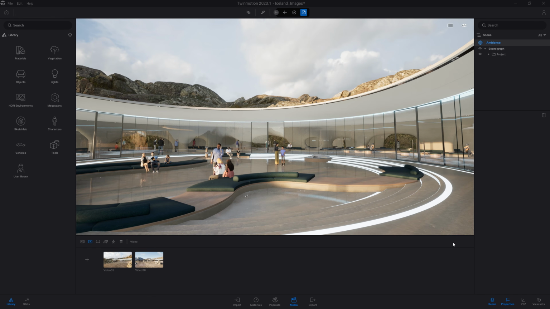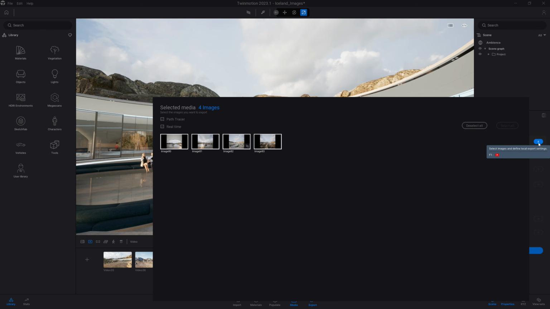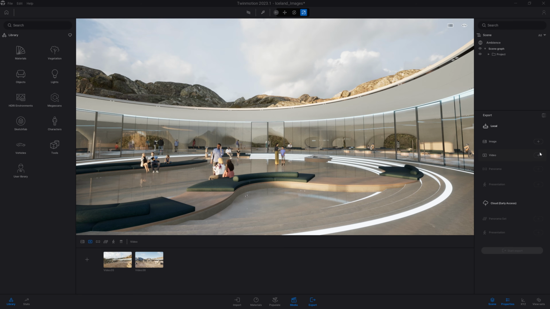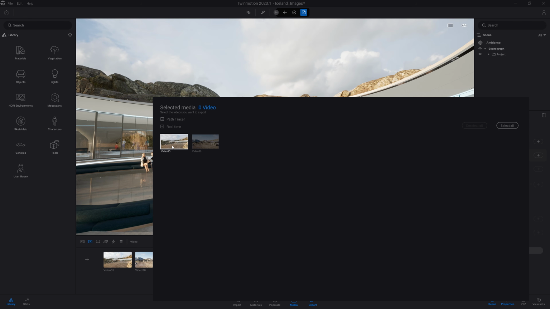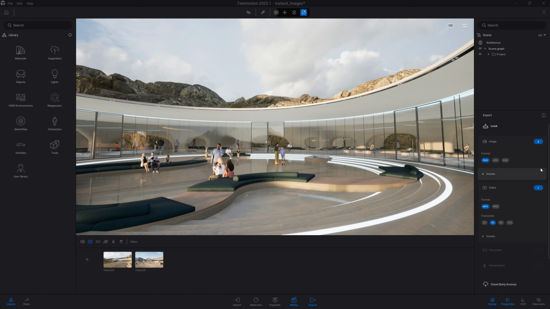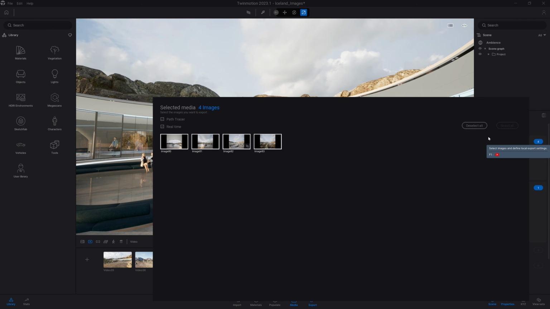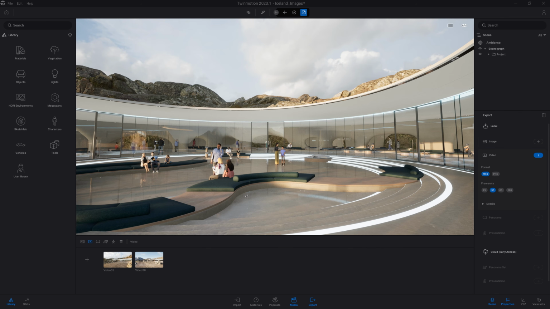So now that we covered how to create those videos, for exporting them, it's similar to the image. We'll click on Export. Let's make sure we deselect the image we already exported. So here I'm going to deselect all, because otherwise, when I add a video here, if some images are still selected over here, they will be exported at the same time, so it will be an extra rendering time. So let's deselect all of those images.